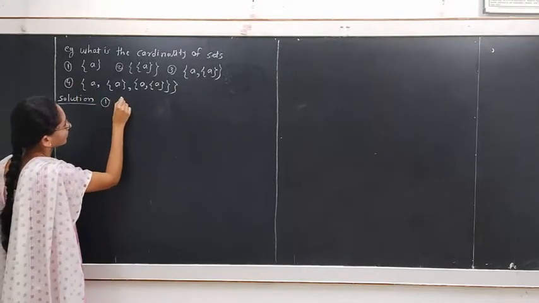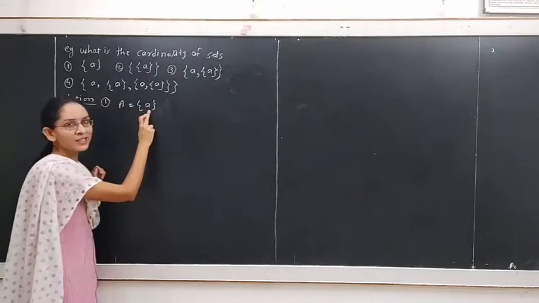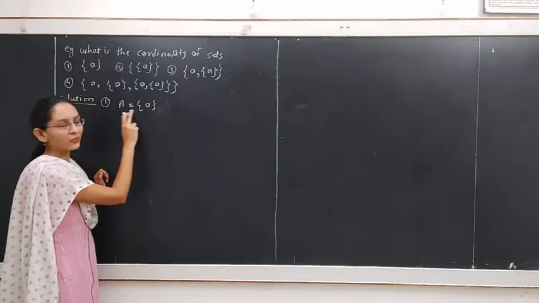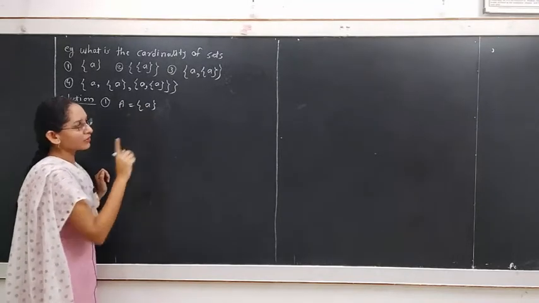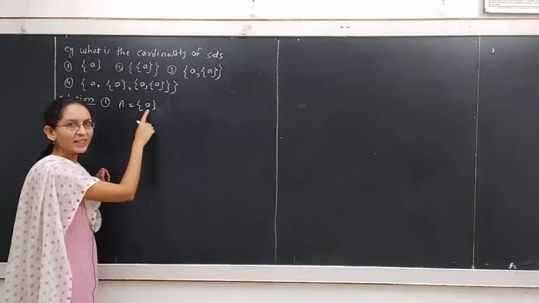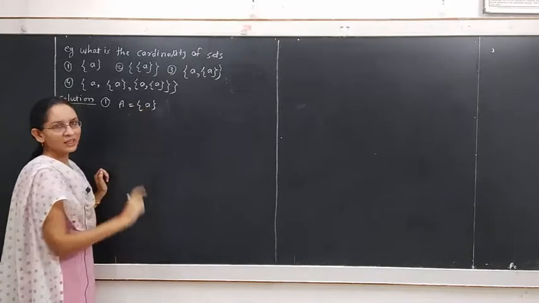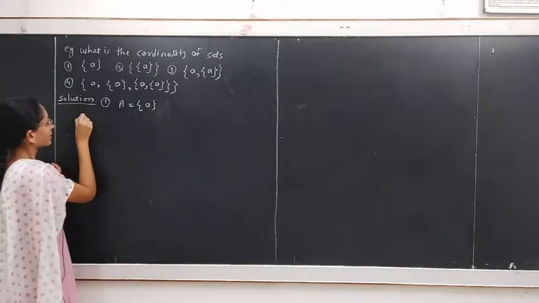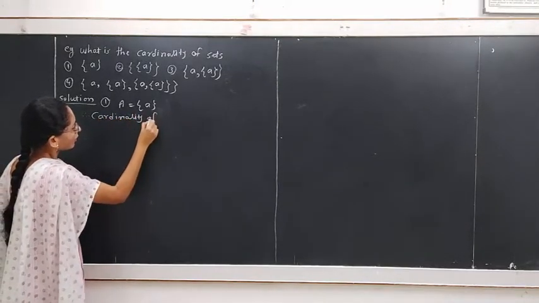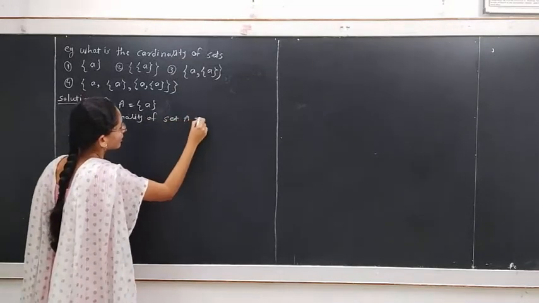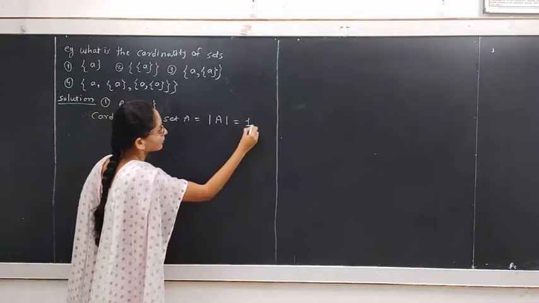In first example, suppose A is given as a singleton set. This set capital A consists of only one element, hence it is also called a singleton set. This set consists of one element, that is a, which is a defined element, hence the cardinality of set A is 1 because only one element belongs to set A. Therefore, cardinality of set A is represented by the notation mod A and it is equal to 1.